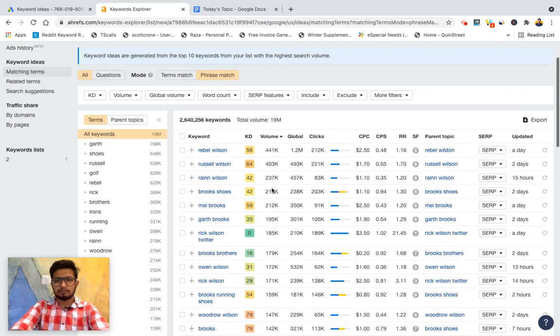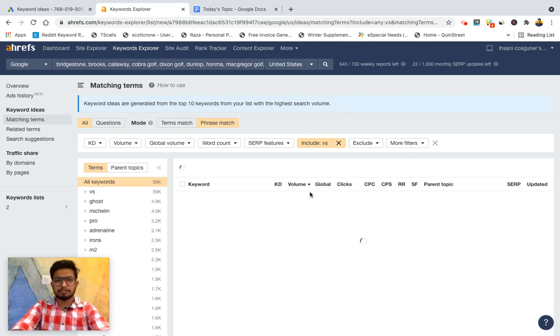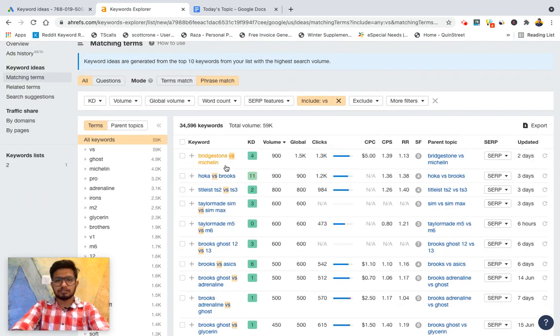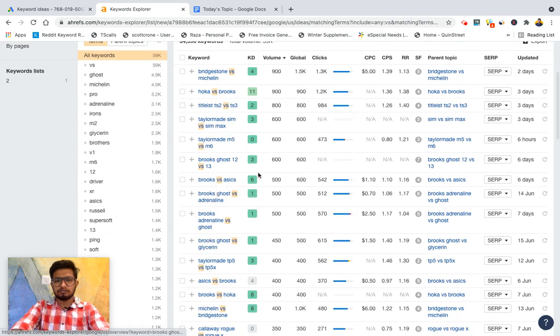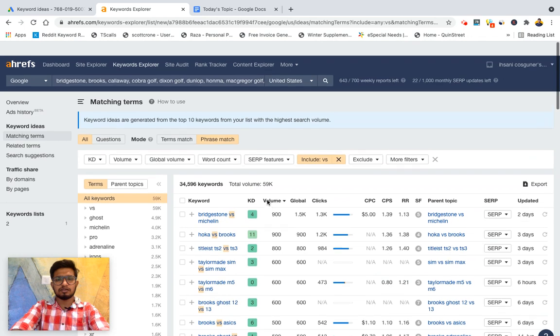For this we can put the any word tab and put versus here to find the brand versus brand keywords, as we did in the previous video also. Like here we got Bridgestone versus Michelin, Hoka versus Brooks. Now these are the low competition keywords which you can target if you are working on the golf ball niche.